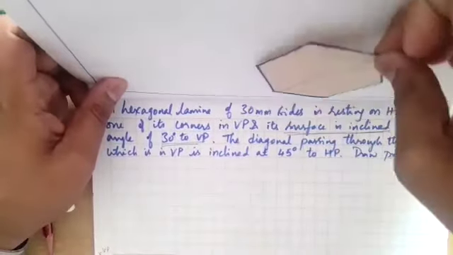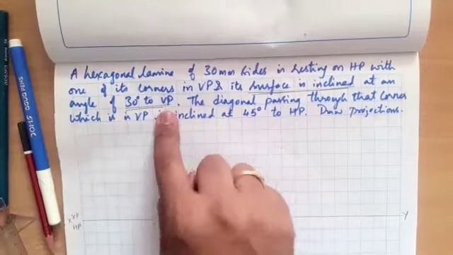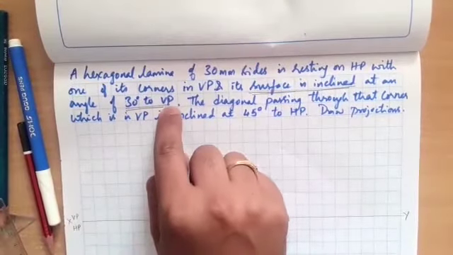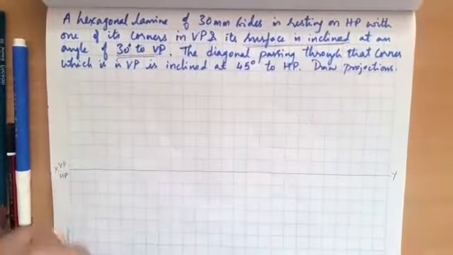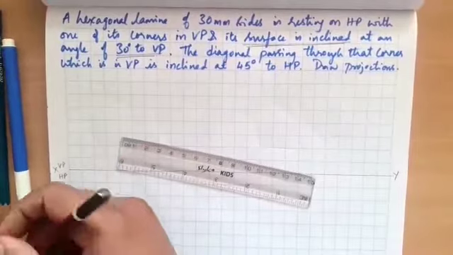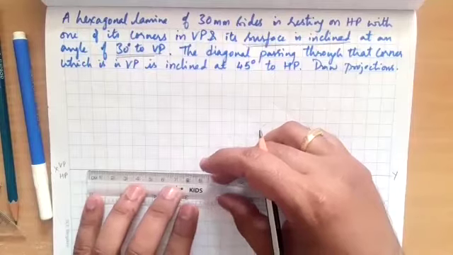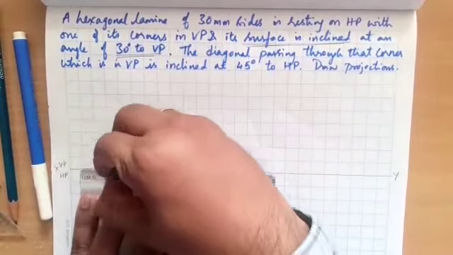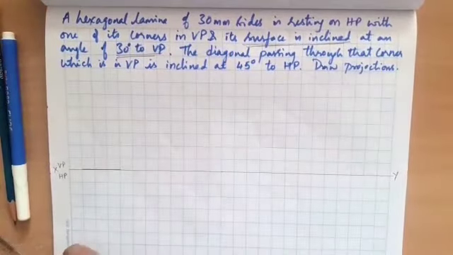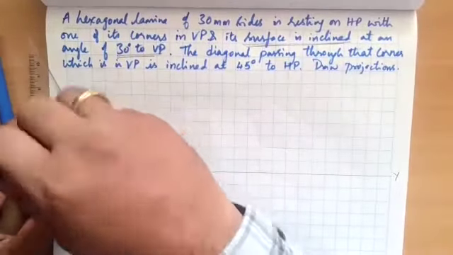It is inclined to HP at 45 degree. So when the diagonal is inclined at the third position, you need to think whether it will be foreshortened after this 30-degree inclination to VP. If it is foreshortened, then there exists an alpha angle condition. So in such a condition, we'll solve the problem initially by constructing a hexagon of 30 side. I'll start from here, 30 hexagon from here till here, and construct a hexagon in such a way that this will be 60 degree. From here it will be 60 degree.